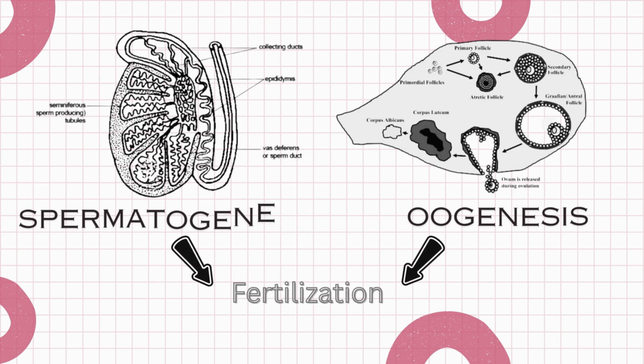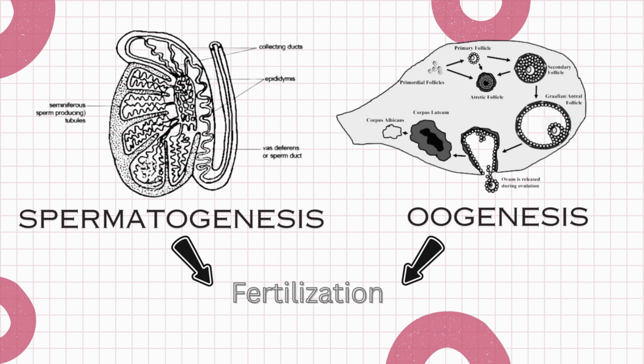In order for a fetus to develop, fertilization must first occur. Fertilization is the process by which the male gamete, sperm, produced in the testes, fuses with the female gamete, egg, released from the ovary, to form a zygote. The zygote then undergoes a series of cell divisions and developmental stages to become an embryo, which eventually develops into